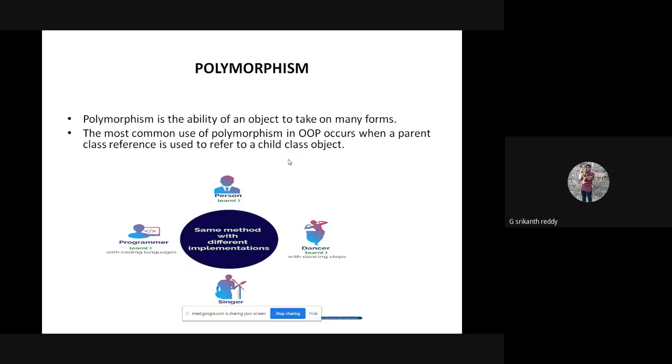In this semester, as we are going to learn object-oriented programming using C++, the whole course is about implementing these object-oriented programming concepts to solve a given problem. Thank you.